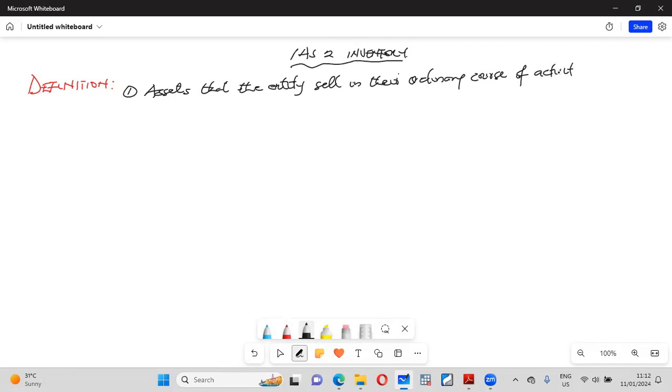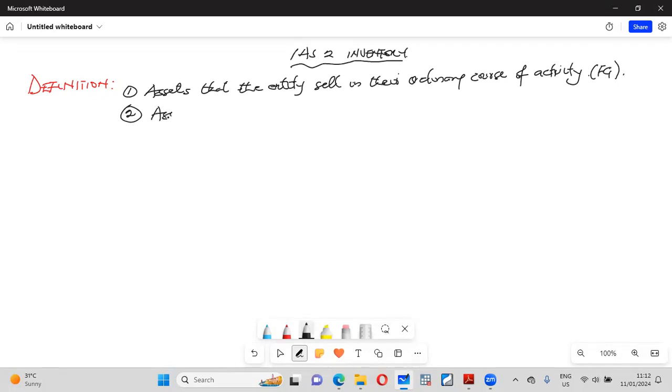So that is one, and what they sell will be what? Finished goods. But not only that, when we talk about inventory, we also talk about